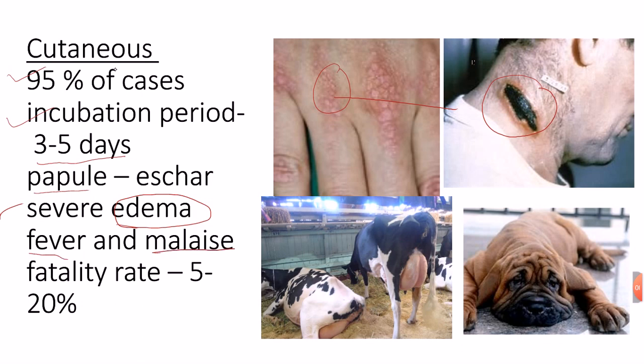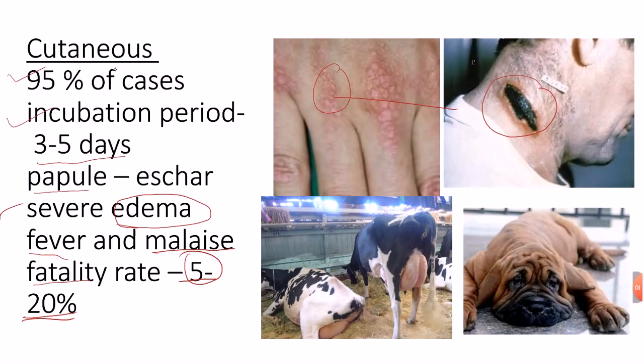Malaise is something like that, but in the malaise, animals feel abnormal and suffer a lot, but the symptoms are unsure. So the fatality rate is 5 to 20%. For example, if the animal is suffering from cutaneous anthrax, the chances of death